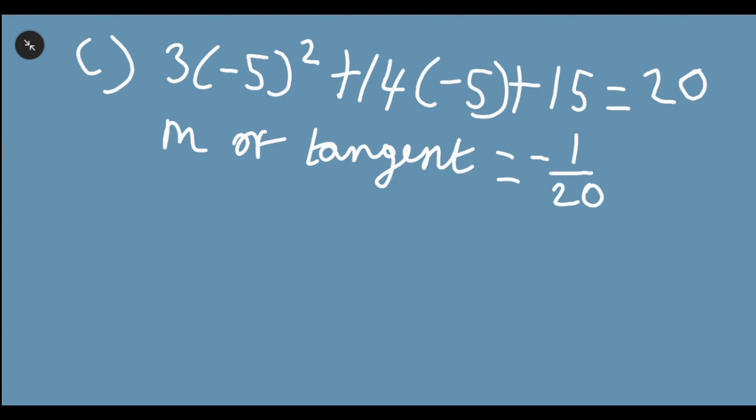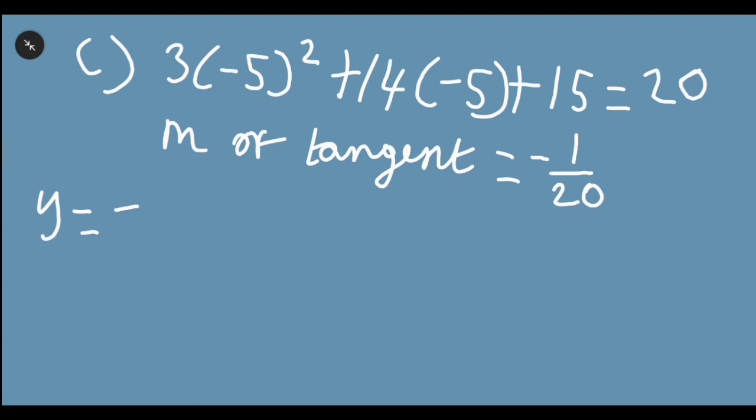And then next, we have to work out what the y value is. So we just have to sub in minus 5, which is the x coordinate, into the equation of curve C. So y is equal to